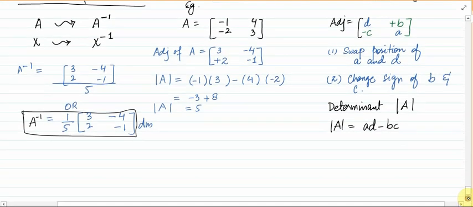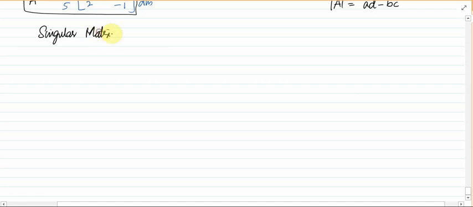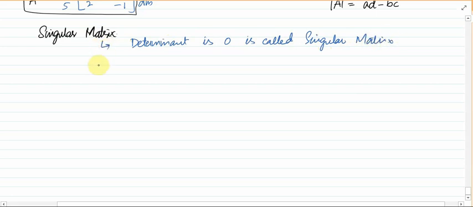After the inverse of a matrix, there is one unique matrix and we call it a singular matrix. Now what is a singular matrix? Write it down. A matrix whose determinant is 0 is called a singular matrix, right? And the next property of a singular matrix, inverse